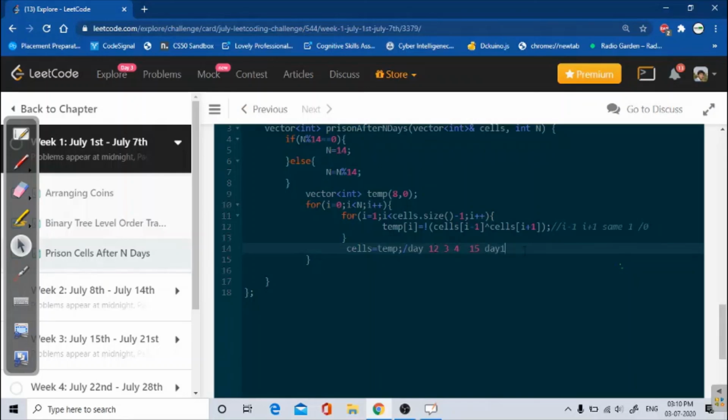But we don't have to do this, because we are just looping till n times, because after that it will again start from day 0 or day 1. So this is it, and after that we will return just cells.